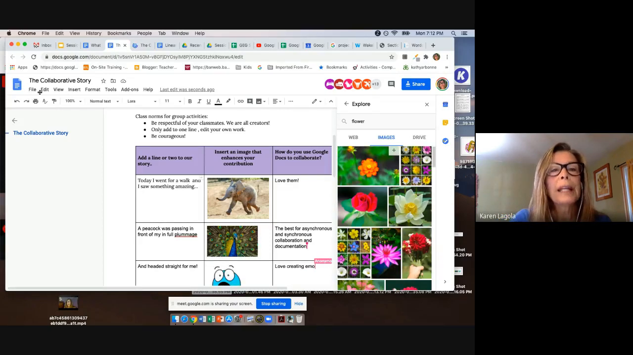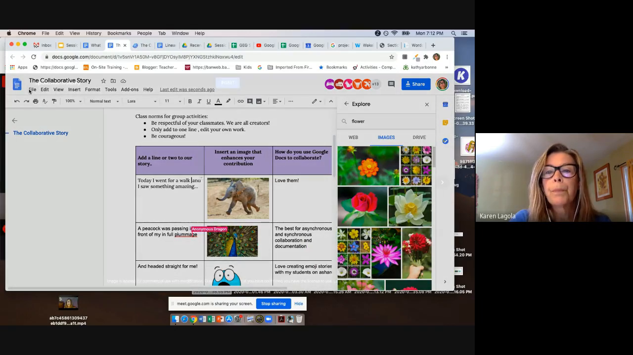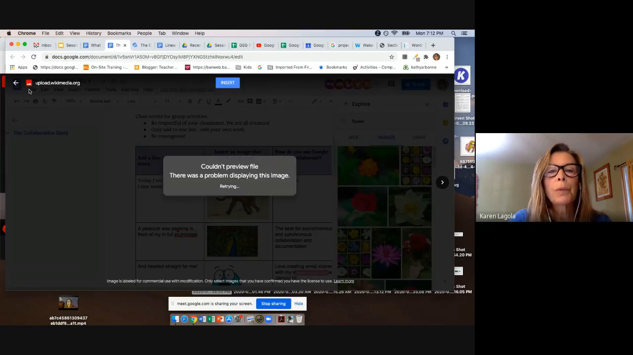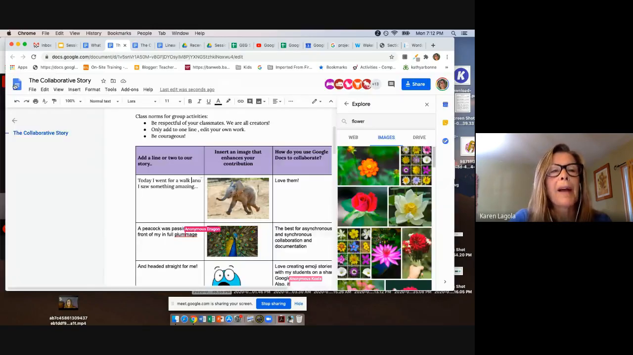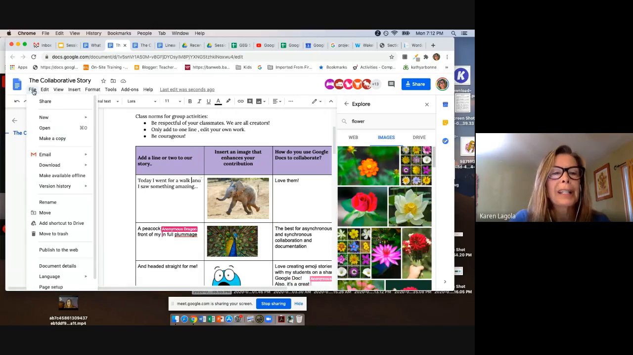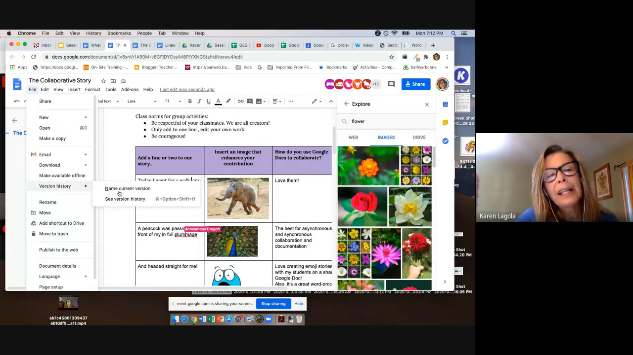The other great tools that make Google Docs a place to explore with your students. Oh my goodness, it's still trying to do that. I'm having a laggy computer, I apologize. Are these things. So I have my version history, right? So I can come in here and I can look at the version history and I can see